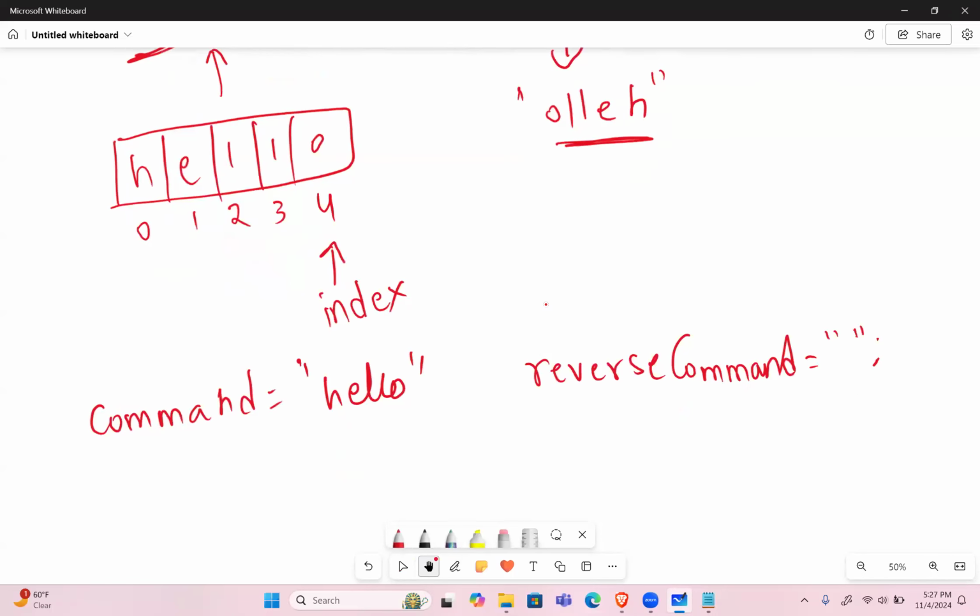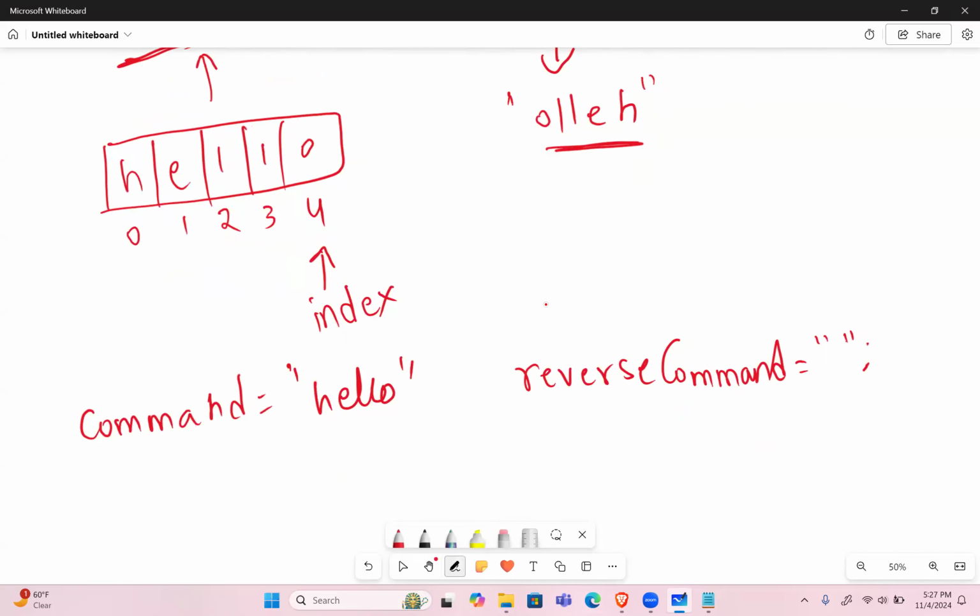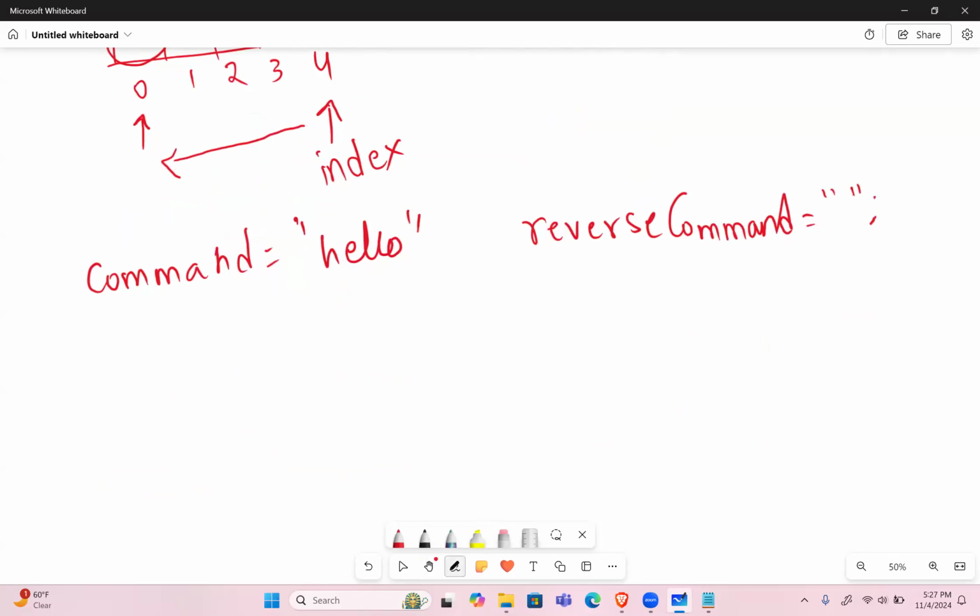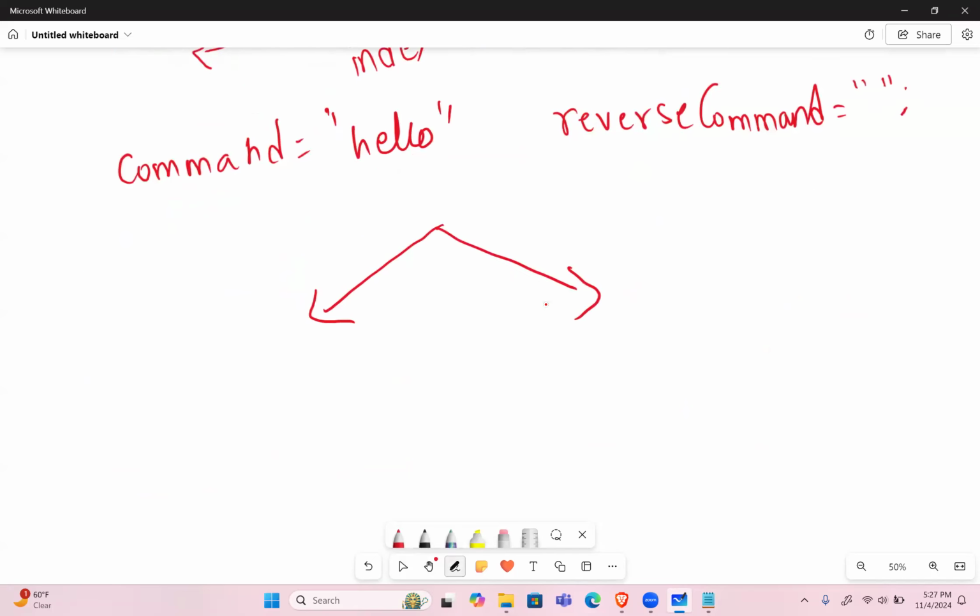Now, our goal is that we have to go back in the reverse direction, and we have to stop when we reach the 0th index. So again, think of it this way. When are we going to stop the recursive function? That means, what is the base case logic? The base case logic is simple. When the index value reaches 0, that means we are done, and that's when we are going to return from the function. And in the recursive case, all we have to do is keep calling the function, reverse string,